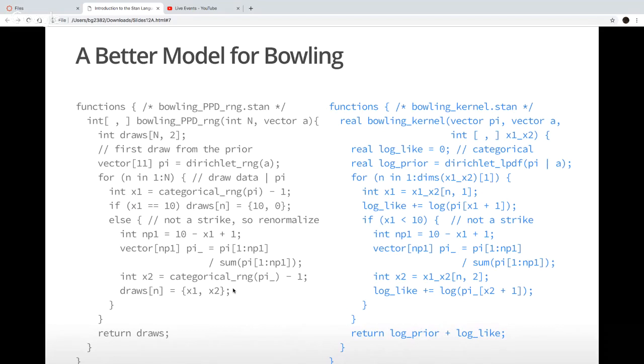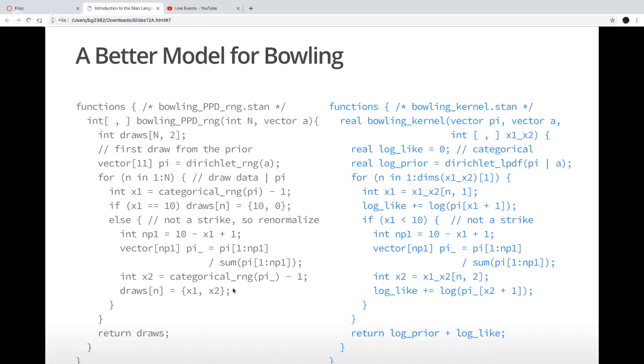So we're going to circle back to the beginning, or close to the beginning, and be doing relatively simple models, writing ourselves in the Stan language and writing Stan programs. The first bowling model that we did on the second day or whatever used a probability mass function based on ratios of Fibonacci numbers, and it didn't have any parameters.